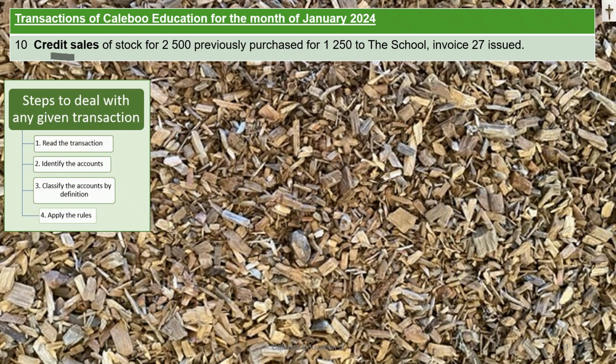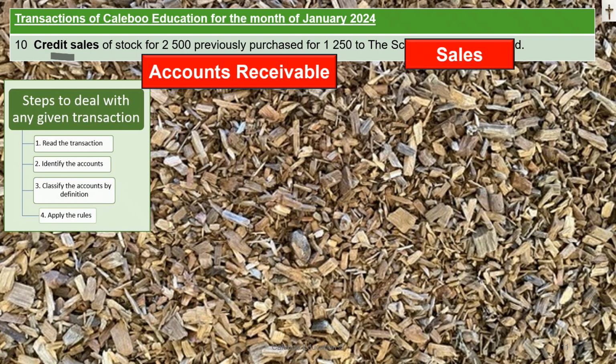Credit sales. Now sales is very important because there are 4 accounts involved. The first thing you need to do is record part A, the sale. This is a credit sale. So we've sold to a customer on credit. That means they have bought from us and they're going to pay for the goods at a later stage, not now. Credit sales will be recorded in an account called accounts receivable, which is a summary of